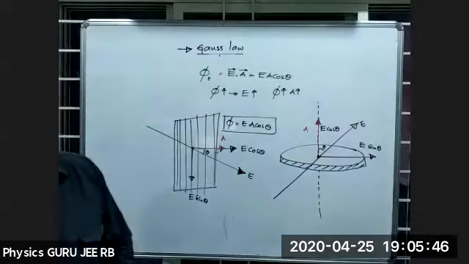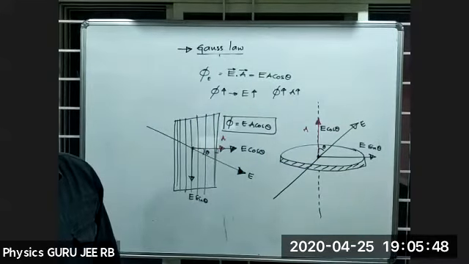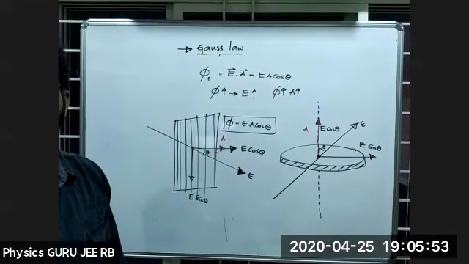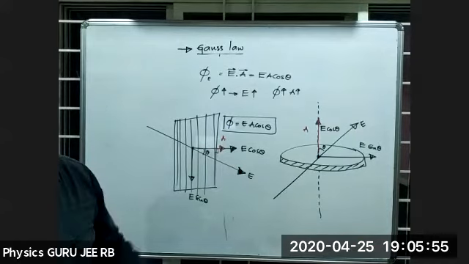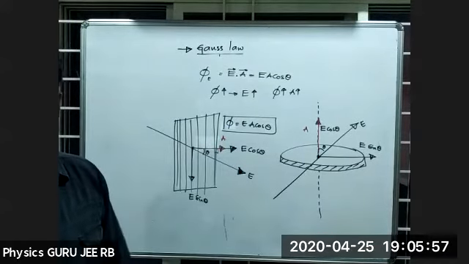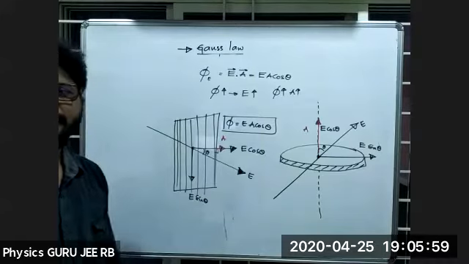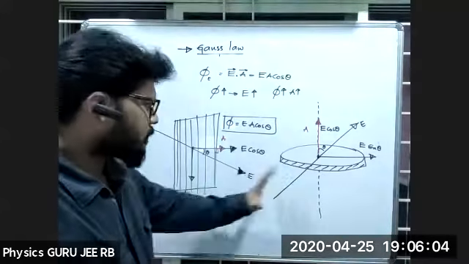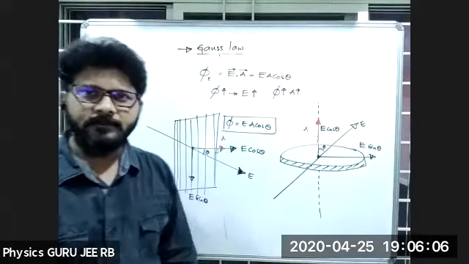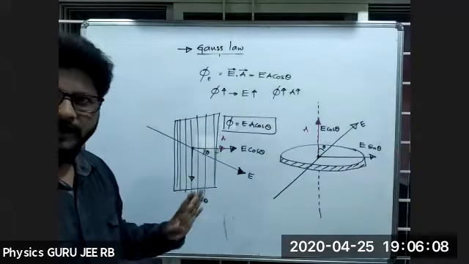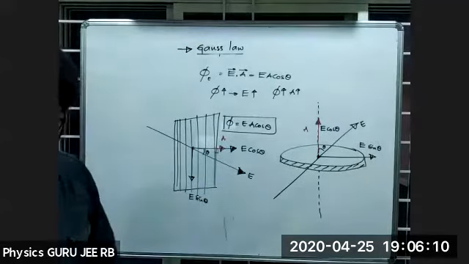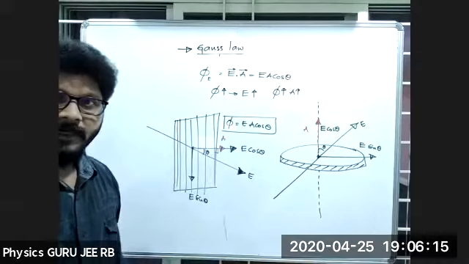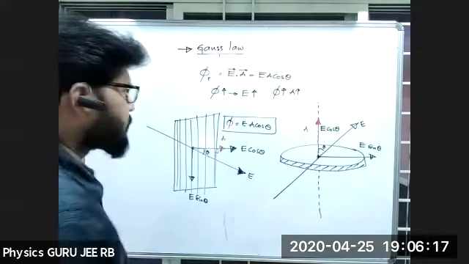We have to take the component of E along the direction of the area vector. When you are doing problems, you'll get an idea. Are you able to figure out these diagrams, how I am drawing them, and how the directions are? Then there is no problem. So I'll give two problems now. Try to give the answers, then we'll proceed.